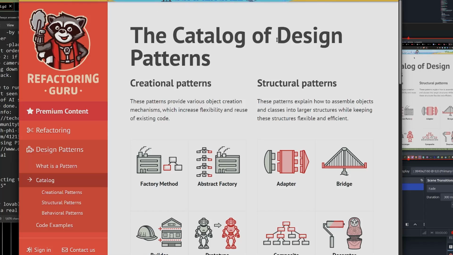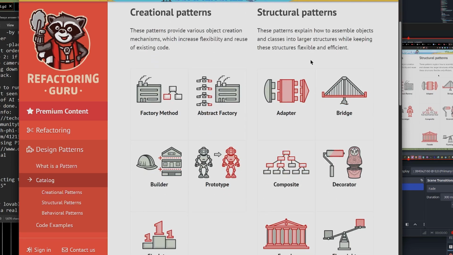So this is why you should learn the basics of vibe coding, because now you don't have to spend the next 3 years of your life learning how to code because the AI does most of the coding for you. What you need to know how to do is how to read code and how to understand the design patterns that are going to be used in your application. On the screen here, I have refactoring.guru with the catalog of design patterns. This is a fantastic place to learn about design patterns.